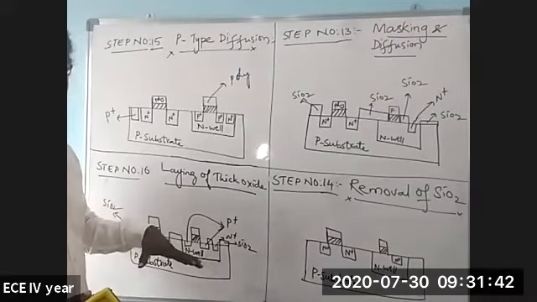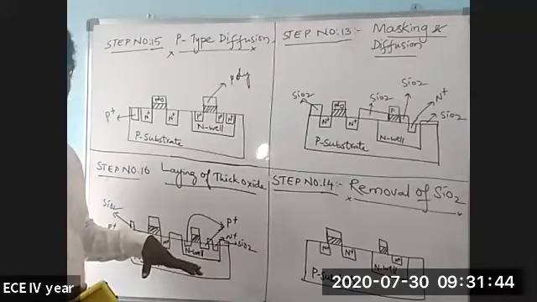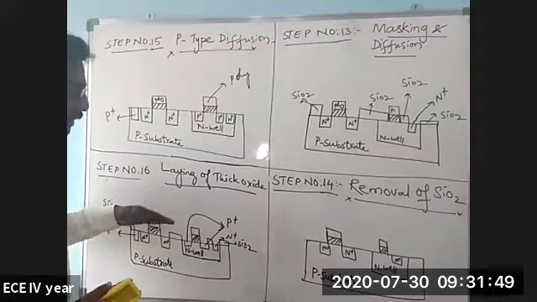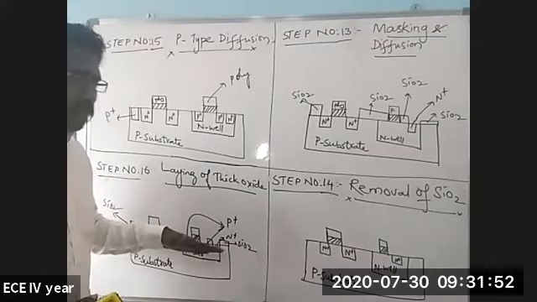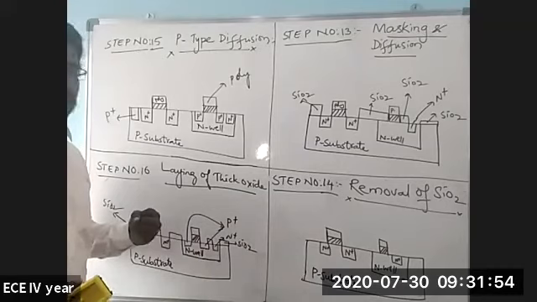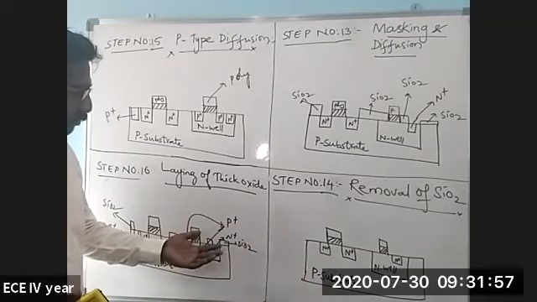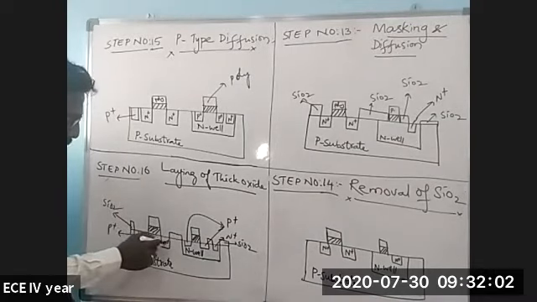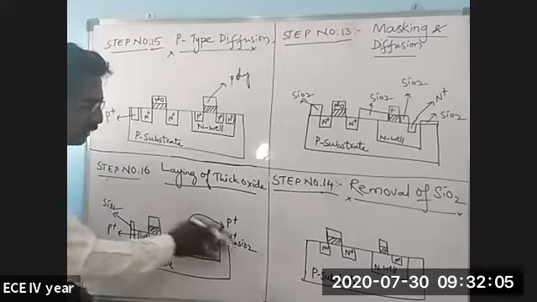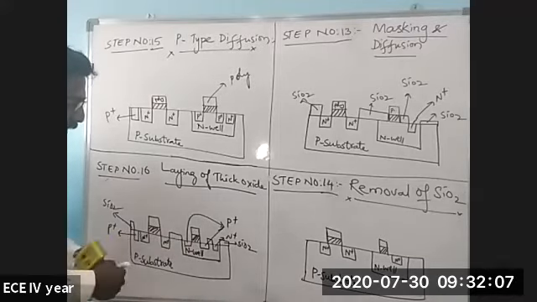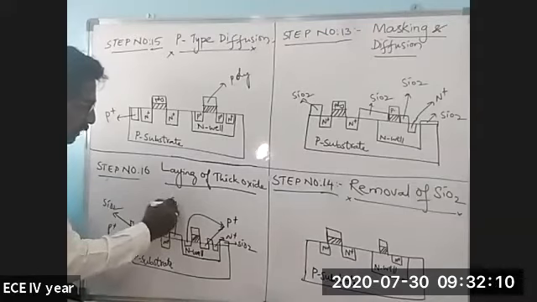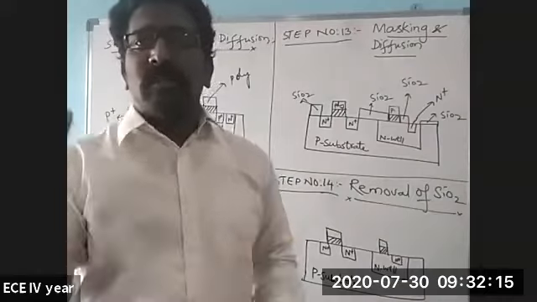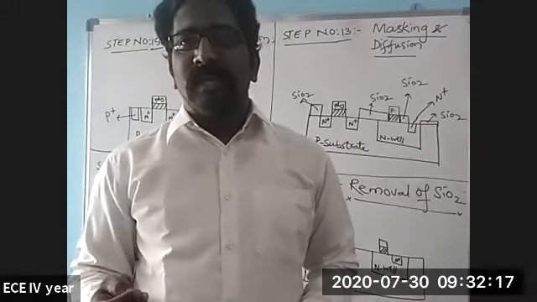In order to protect the regions where the source, drain, and substrates are not being formed, the thick oxide will be laid there, and the oxide will be etched off in the regions where we want contacts. See now, only in regions like the source, drain, and gate terminals, the oxide is etched off, and in the other places SiO2 will be there. This thick SiO2 will act as a barrier to protect the wafer from the next metallization process.